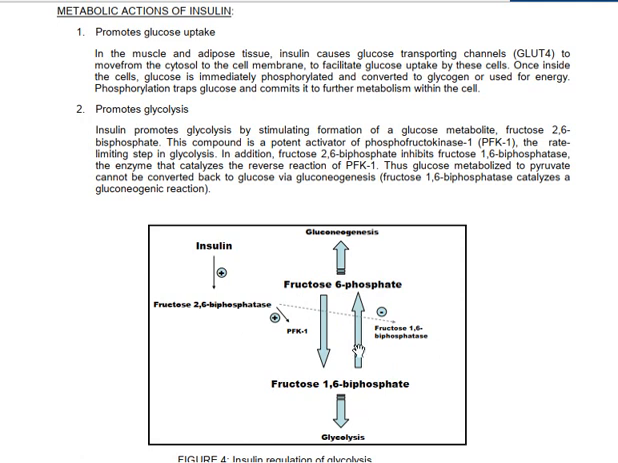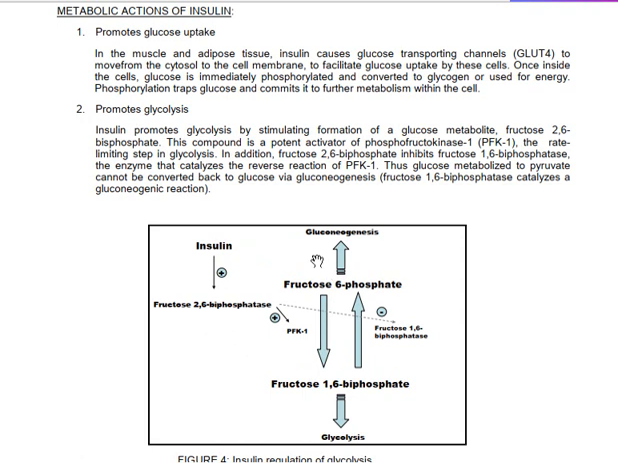Is it clear? So you need to know that these are the two major molecules in glycolysis. When you have fructose 6-phosphate, it is the primordial molecule for gluconeogenesis. But when you have fructose 1,6-bisphosphate, it's the primordial molecule for glycolysis. Is it clear? Now the fructose 2,6-bisphosphatase is stimulated by insulin, and this enzyme is going